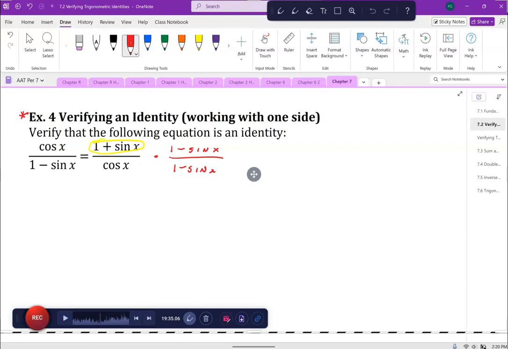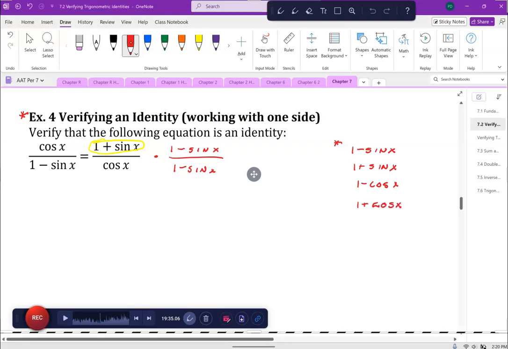And so anytime you see, we'll put a little star over here, if you see 1 minus sine x, or 1 plus sine x, or 1 minus cosine x, or 1 plus, you might want to multiply by the counterpart that's going to create a difference of squares, okay? And the reason being is because watch what's going to happen. And again, this is why I say if somebody doesn't show you this trick, you're just never going to know it. And so as soon as I see the 1 plus sine, I'm thinking, okay, well, this becomes